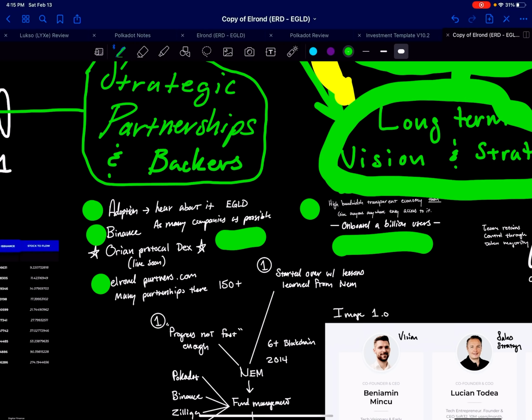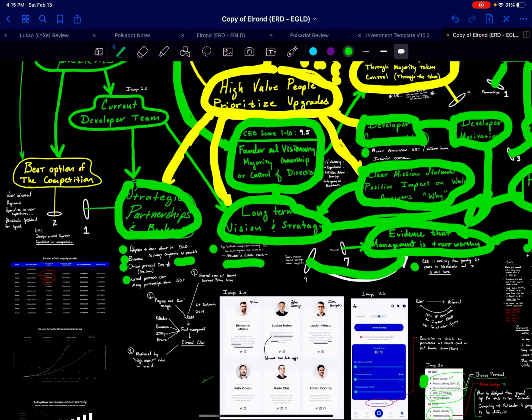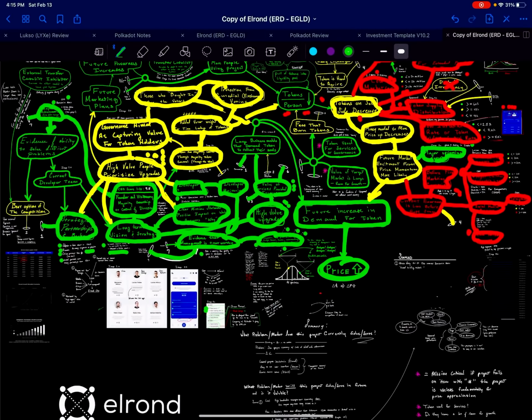The next one that's exciting is the Orion protocol, which is a DEX that'll come soon. And so that will bring functionality to their app. So it'll be interesting to see if they can start getting, like I said, real applications that prove their validity, proving their income streams.